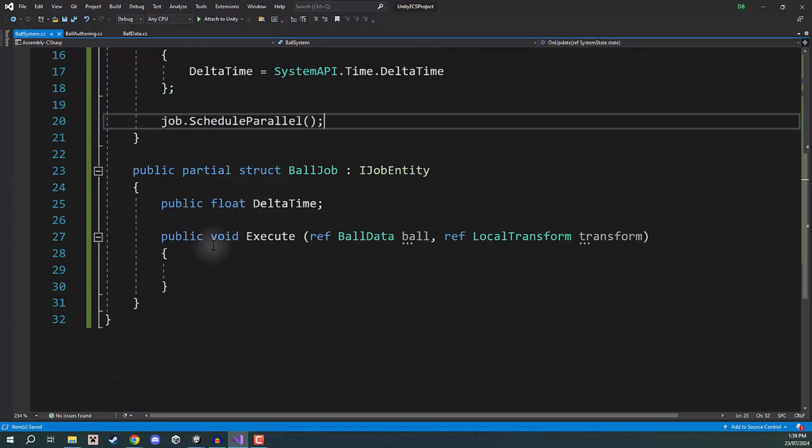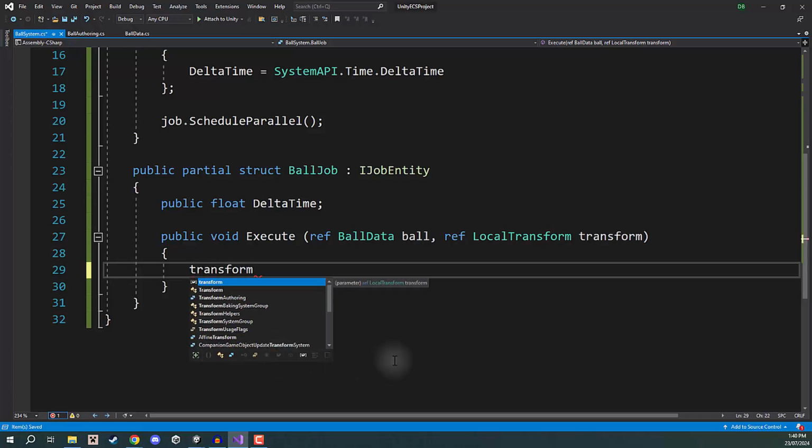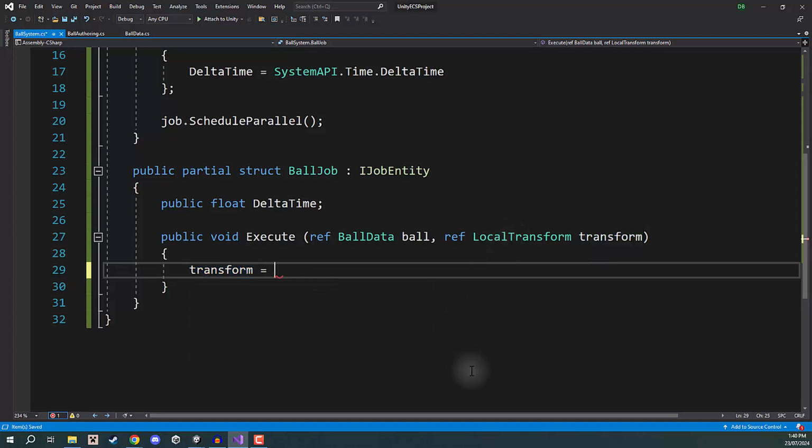Now down here inside of the ball job struct, inside of the execute function, this is where we are going to be running basically the update code, okay? Think of this as our onUpdate function. So what we are going to do here is we are basically going to move our ball based on its direction, okay? So we're going to create a line like this. We're going to go transform, which is accessing our local transform component, which defines our position, rotation, scale. We are going to equal this to